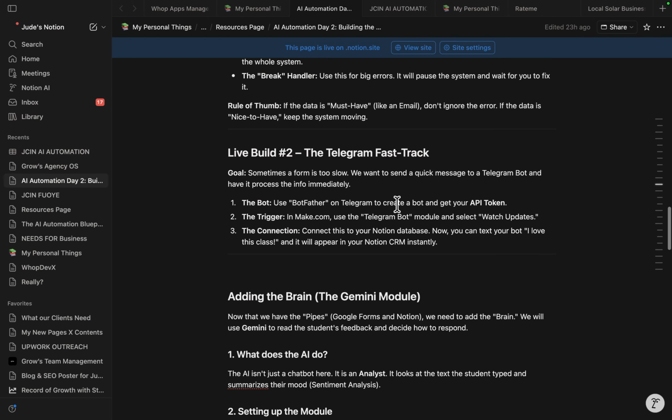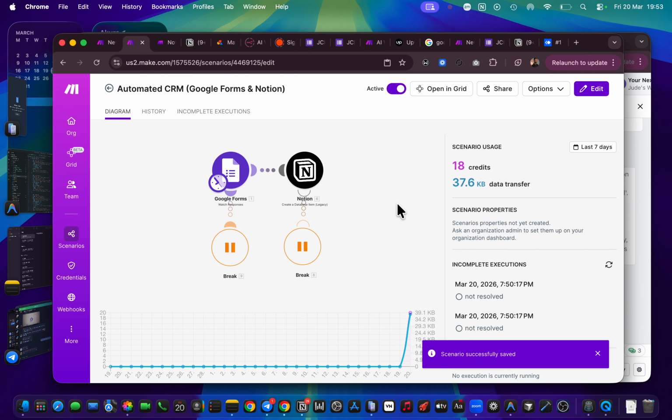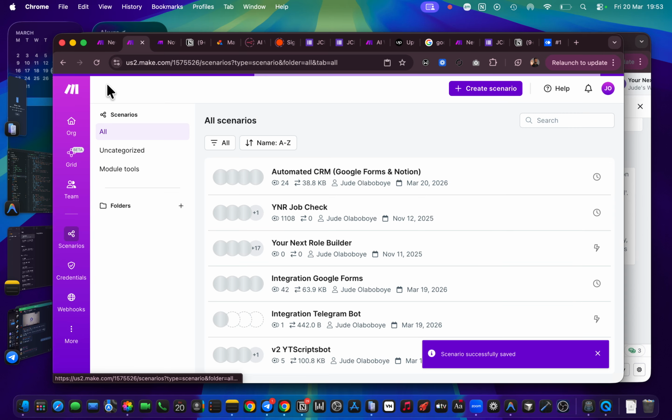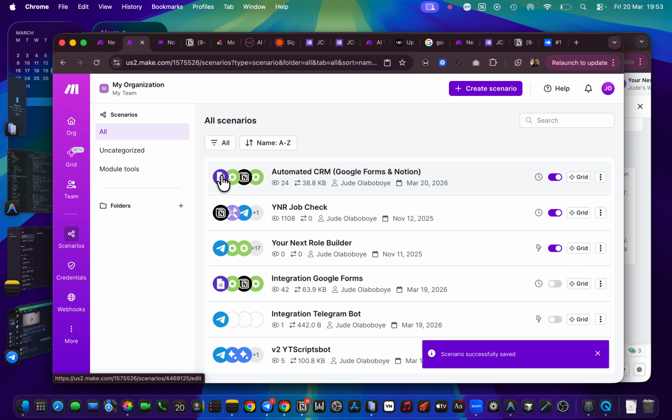The next thing we want to do is make use of another form of connection. Let's assume we are not building using Google Forms. We want to get responses from people, probably yourself, or from a group or a message. You can do this for messages as well, but in this case, I want to get a message from myself. I want to create a bot, and I want to make use of Telegram.